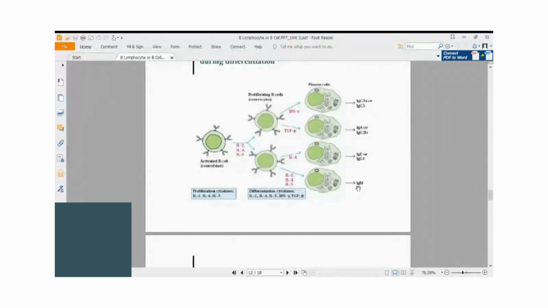Therefore, IgG is considered to be a poor agglutinating antibody, but a very good bacteriolytic antibody, as well as a very good antibody for opsonization,